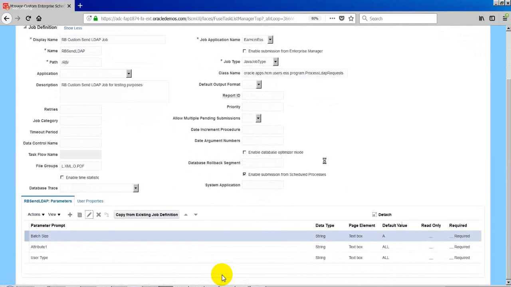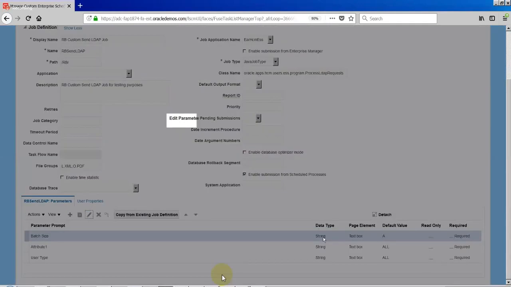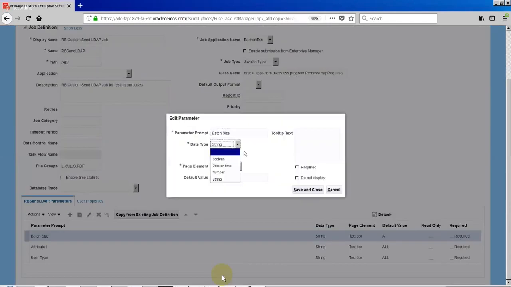Okay, so the type, right? Currently it uses a string. Instead of string, you need to select a choice list or a list of values, then you have to attach the list of value source. Choice list means multiple choices, basically a drop down.